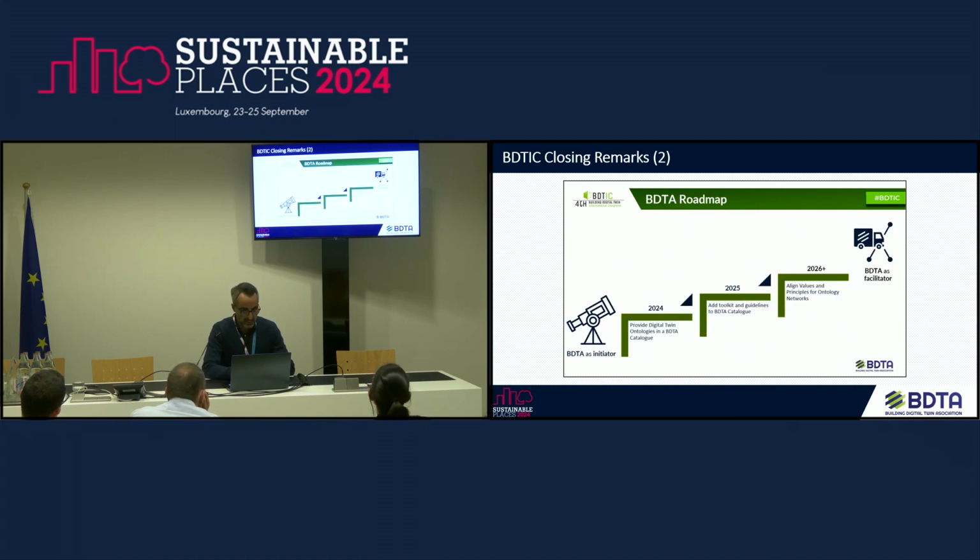In that Congress, a plan or a roadmap was defined for the next 3 years, starting from this year, to develop the first version of the catalog, and then, in the course of the next years, to improve it and to add additional features and toolkits for improving its usage.